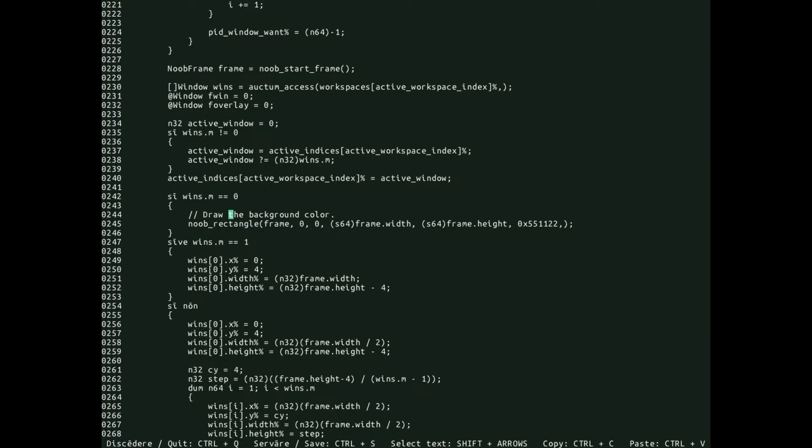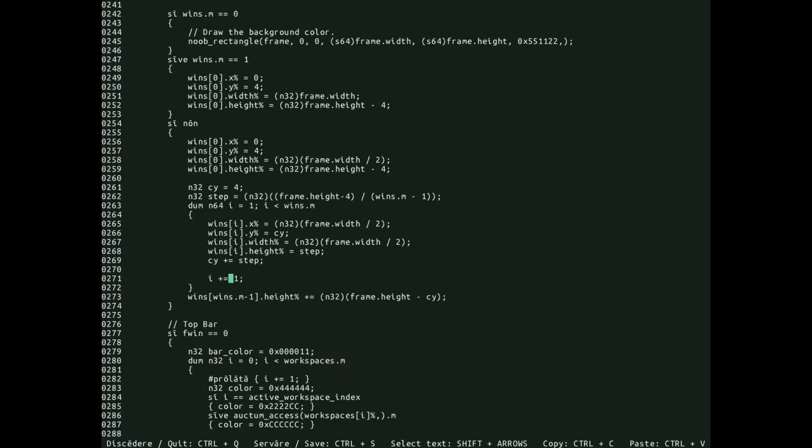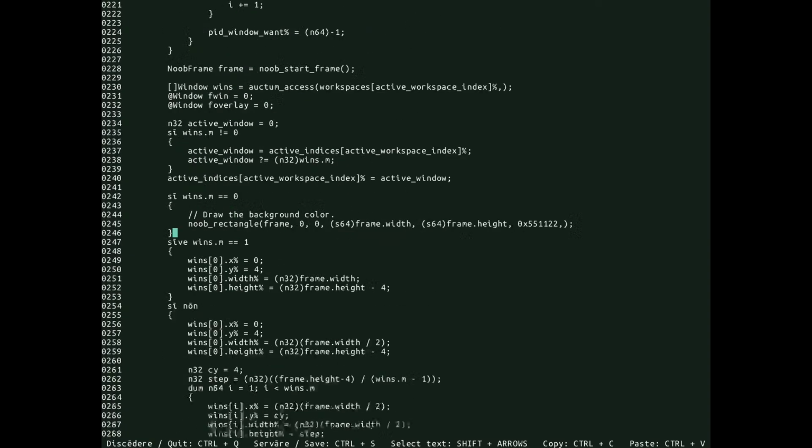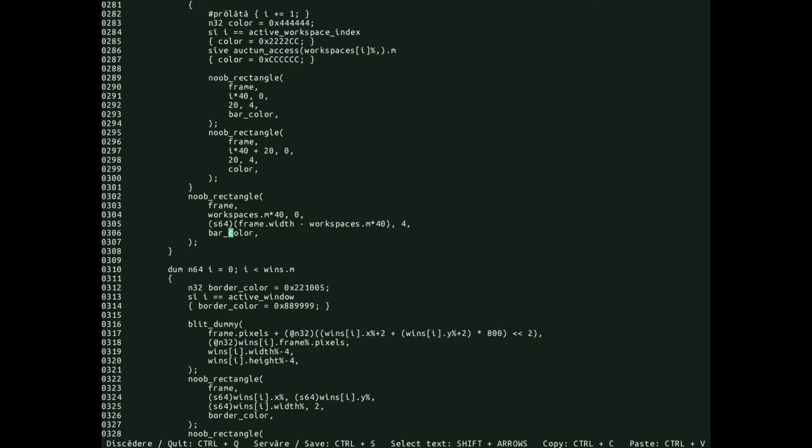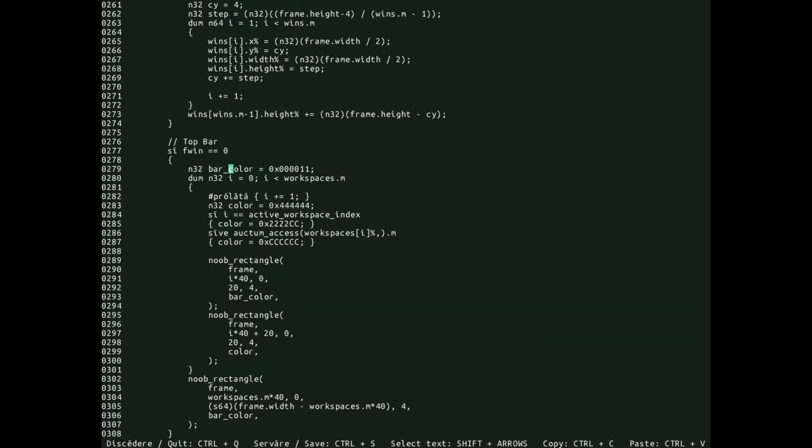But then it's going to be reactive to, as we change the size of the window, it's going to bounce differently. Yeah, okay, so we do layouting, fwin,